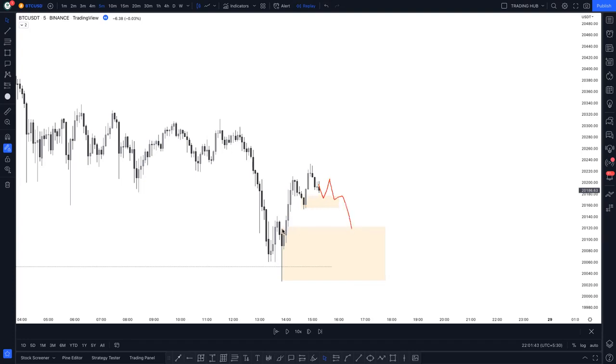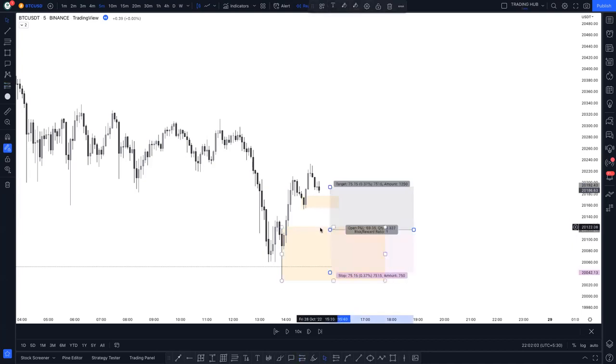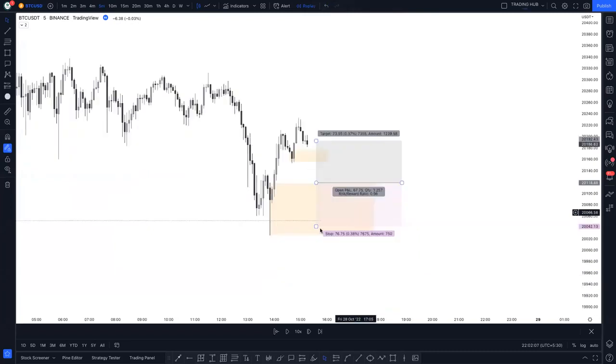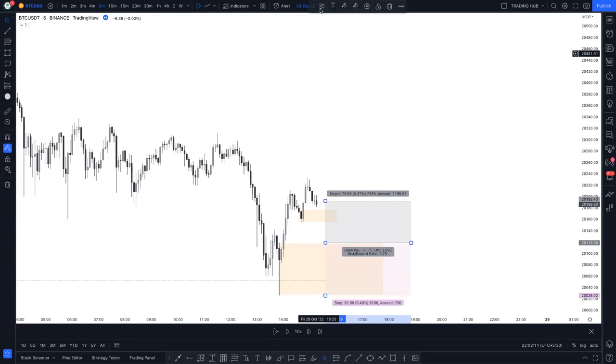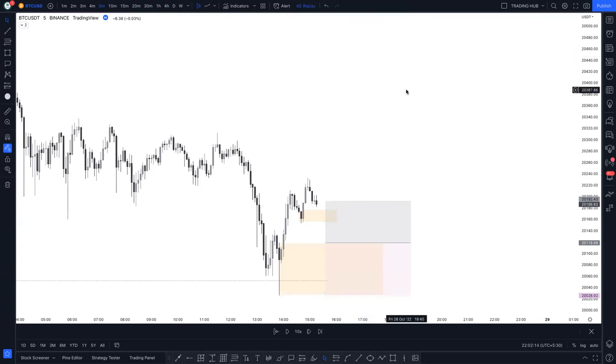If price taps here, you wait to mitigate this order block. Or another possible scenario, if price sweeps this low and then goes higher, in this case you have to wait for it to mitigate this one, and definitely you can take a buy entry here, right? And put the stop loss just below, but this is a very large stop loss here, and I don't think this is a valid area